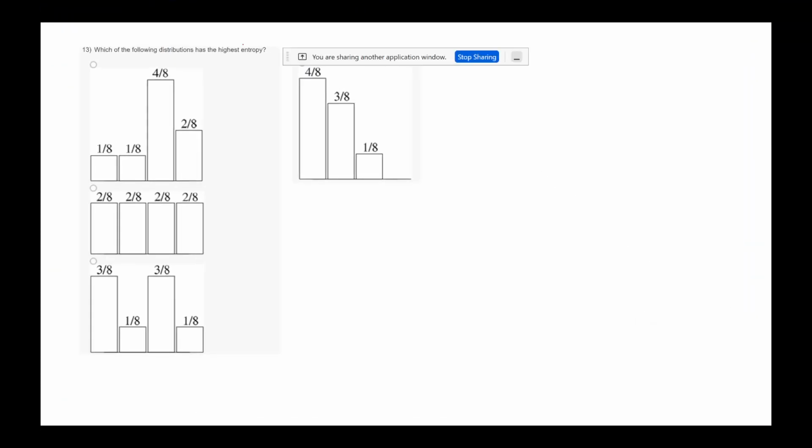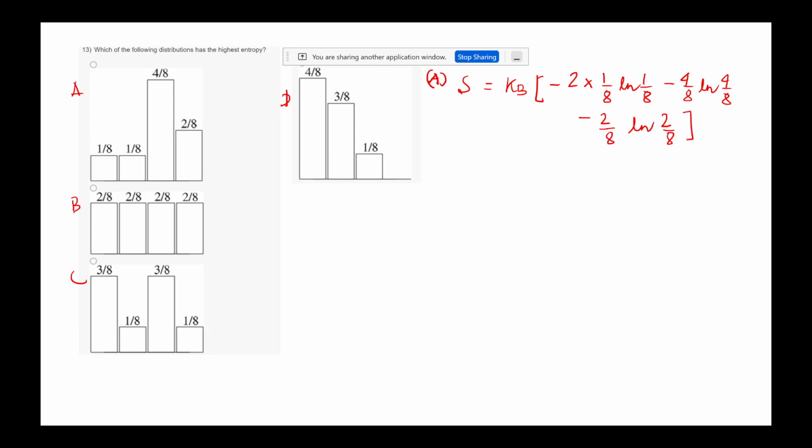Okay, so for the first thing, this is A, this is B, this is C, this is D. For A, S is equal to, let's take k_B out, minus 2 times 1 by 8 ln 1 by 8, minus 4 by 8 ln 4 by 8, minus 2 by 8 ln 2 by 8. And if you do the calculations,